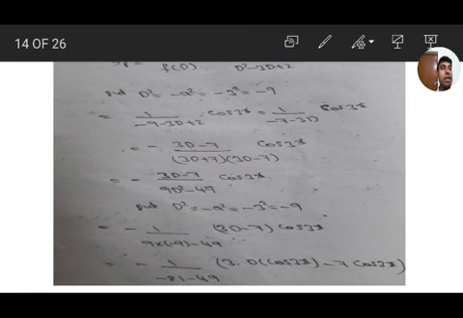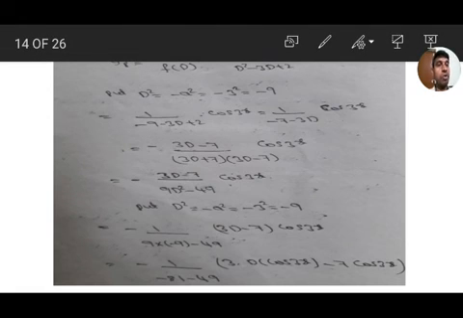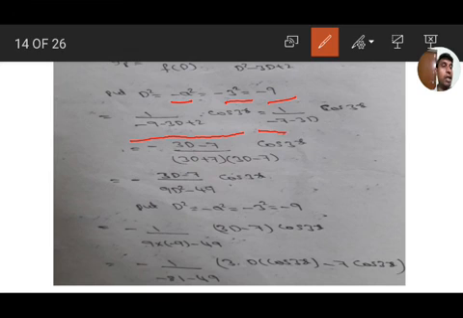Next, particular integral. yp equal to 1 by f of D, capital X, that is 1 by D square minus 3D plus 2 cos 3x. Here cos ax, a means here 3. So substitution D square equal to minus a square, that is minus 3 square, that is minus 9. Substitute in the D square place minus 9. So we get 1 by minus 9 minus 3D plus 2 cos 3x, that is 1 by minus 7, minus 9 plus 2 means minus 7, minus 3D cos 3x.